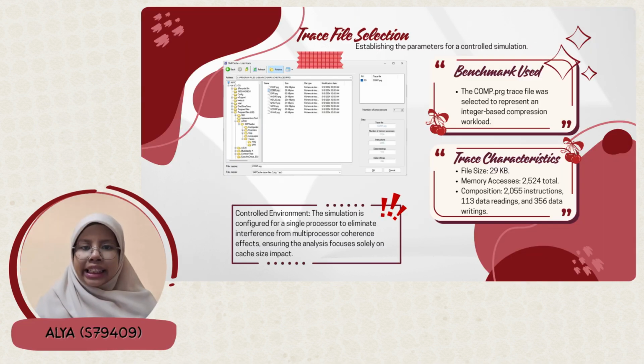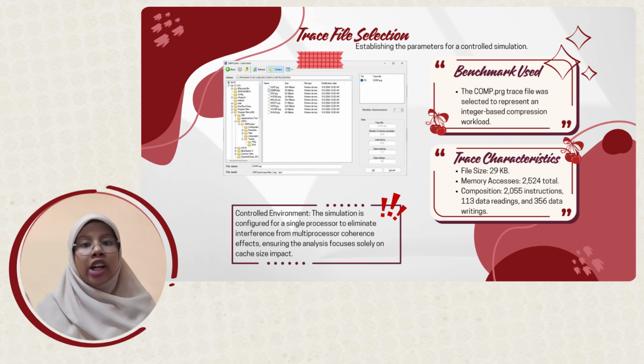In trace file selection and environment for this experiment, we selected the COMP.PRG benchmark trace, which represents an integer-based compression workload commonly used in cache performance studies. The trace contains